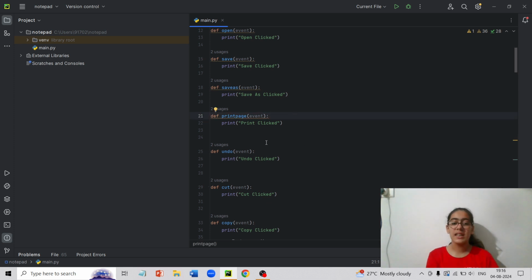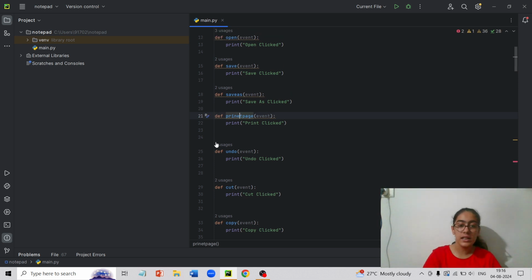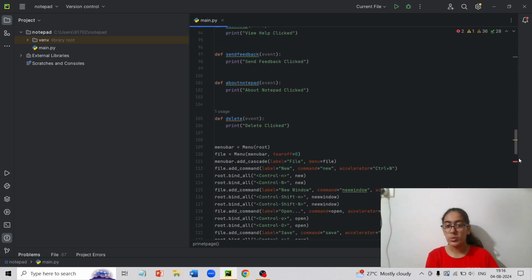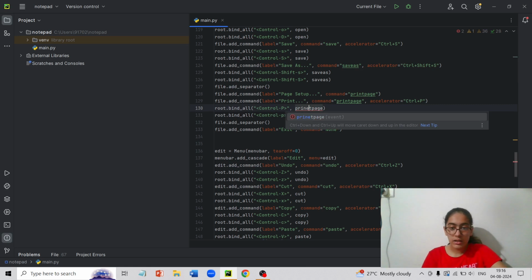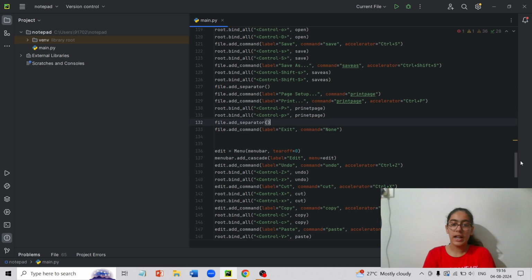So this is the same spelling. If I write it differently here, it won't show any usage, and it will also show an error down here. So I need to change it here, and here also, the same thing. So this is what I have. Now it should not show any errors. It does not show any errors.